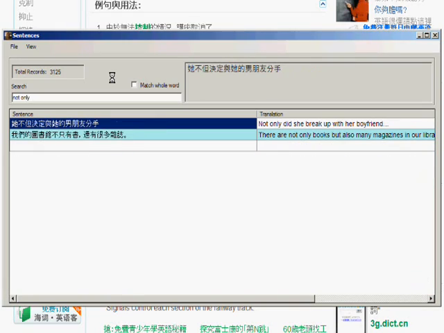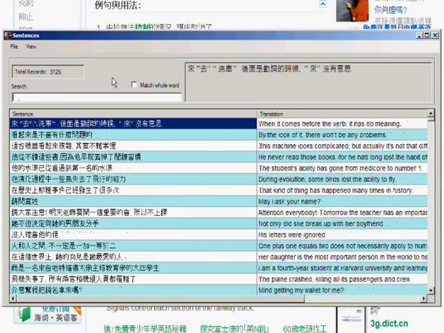If I've got not only, there you go, there's two sentences where I use not only. So I can see examples, quickly get feedback, and then use those when I'm writing so that I don't continue to make the same mistakes. Even though I continue to make the same mistakes anyway. But who cares?